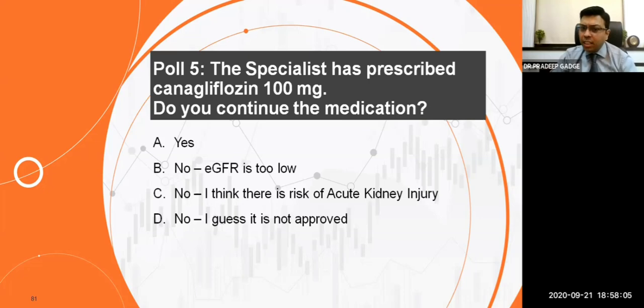Let the GFR be low, up to 30. We have evidence up to 30. And as I told you, even below 30, in patients who are having a very high amount of proteinuria. Are you worried about acute kidney injury? So see, basically, acute kidney injury is an uncommon thing. It can happen with SGLT2 inhibitors, it can happen with ACE inhibitors, ARBs, but you should be watchful for that.